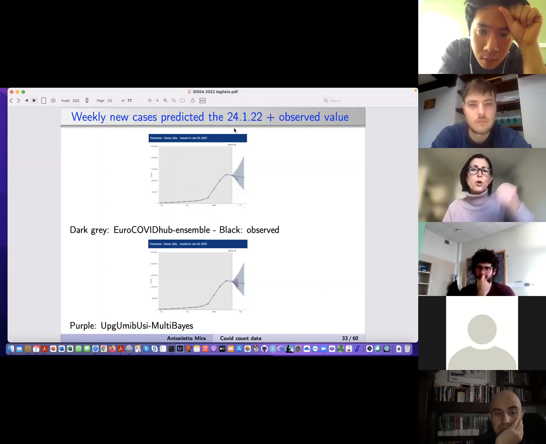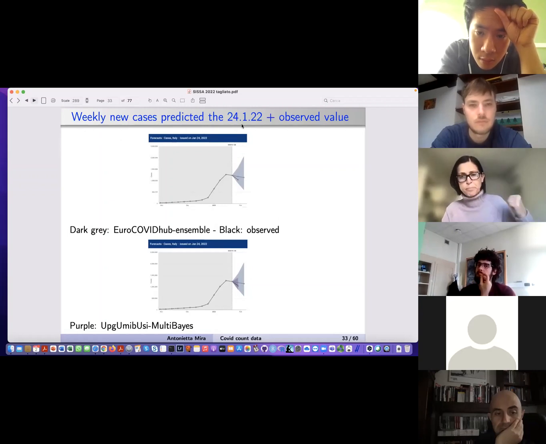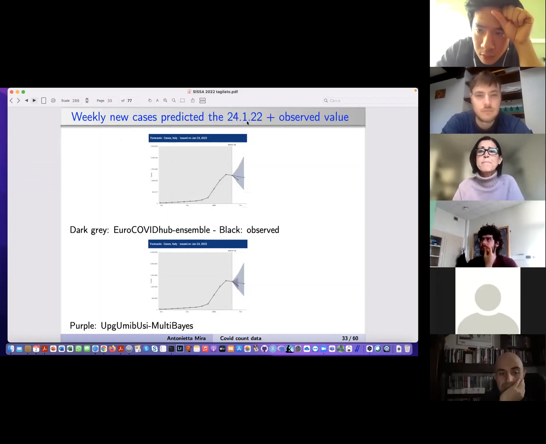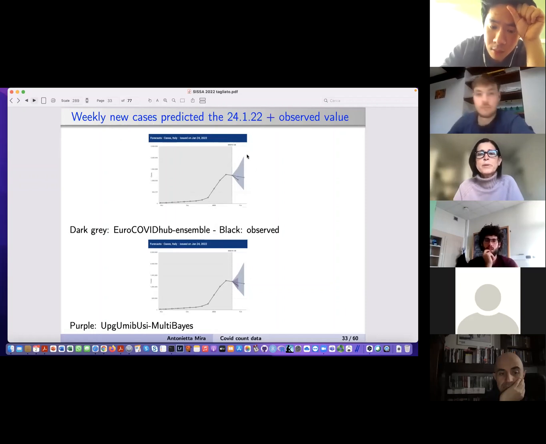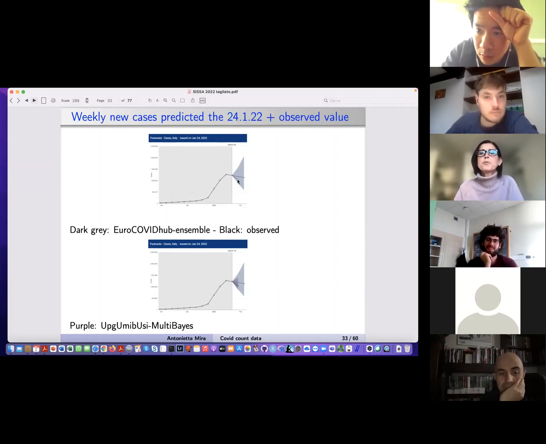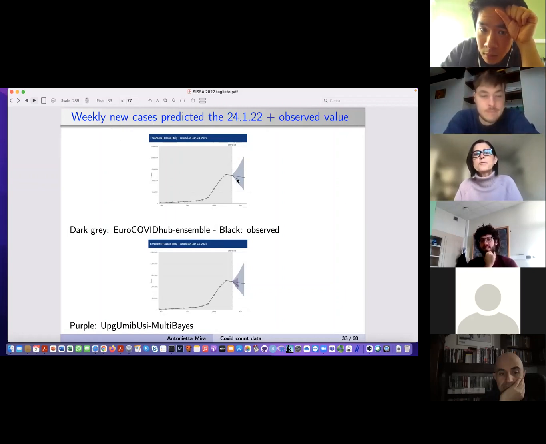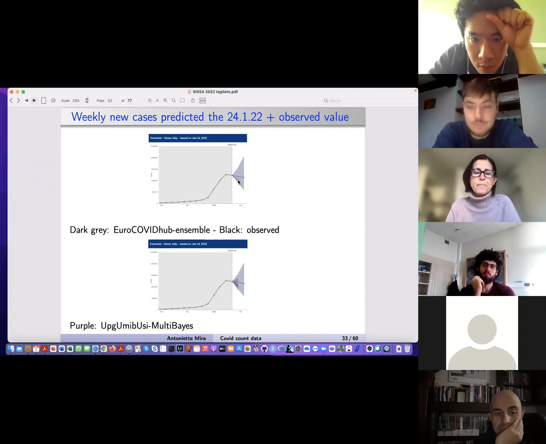If we go back 1 week and look at the new cases predicted for the past week, we go back in time to the 24th of January. Here you have the ensemble prediction, but now you also have the observed value. The ensemble prediction is in dark gray, and the observed value is this black line. The black line is inside the credible intervals of the ensemble prediction. And here you also see our prediction